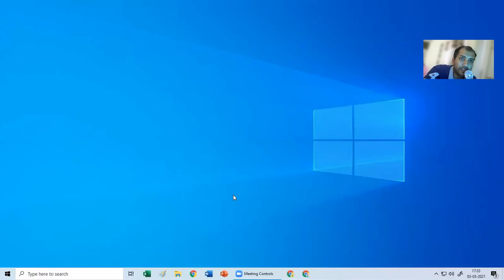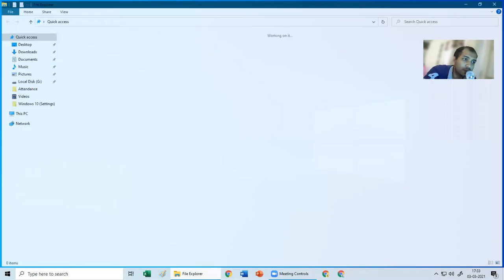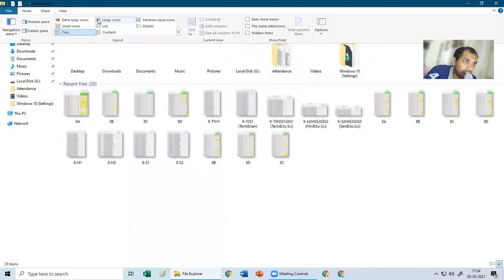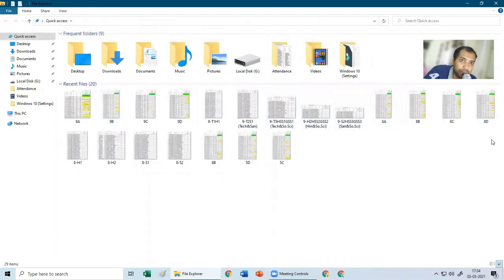Now the fourth method. This method I will leave up to you. Whenever you're opening any folder, when I change this view, I am able to see the preview of the photo before opening it, what is there in the photo. This option and such small options, like when I take this, you see here the path is seen. Similarly, some features will go away because of turning this option on. So you decide whether you wish to do that.